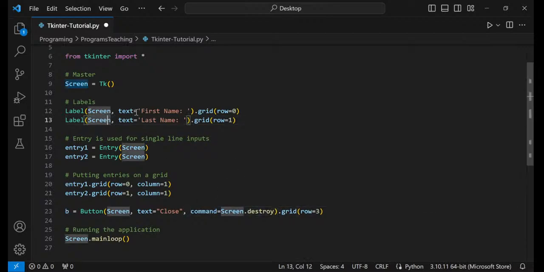So I have created two labels which say first name and last name, and put them in row 0 and 1, right? Then we have created two entries. Entries are basically single line inputs. There's not much to it. You can only put one thing, and there it is. That is it for entries. And then entry one will